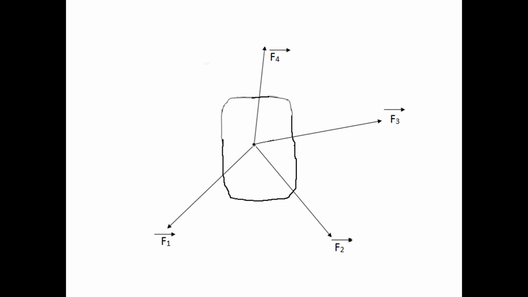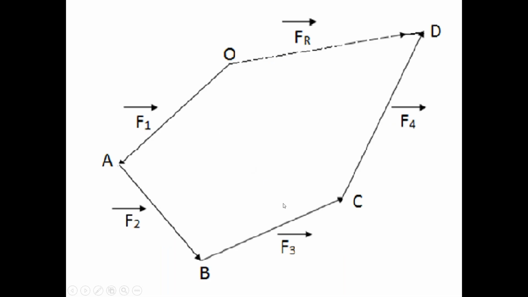So when we are applying the Polygon law of forces to find out the resultant force of a number of coplanar concurrent forces, first consider the force F1 bar as one side of the polygon graphically. Take the force F1 bar as one side of the polygon graphically. So check this carefully. Select point O on the white paper.